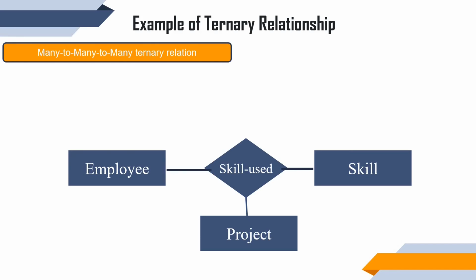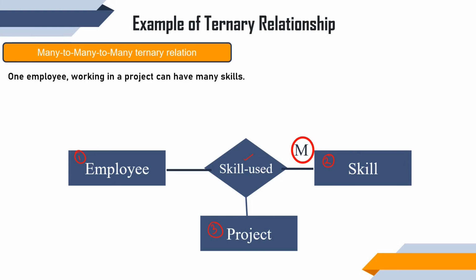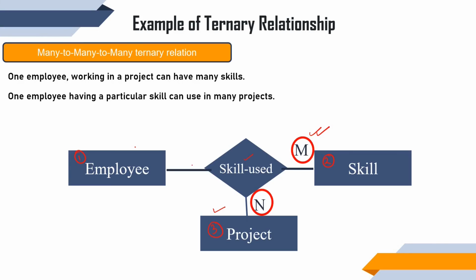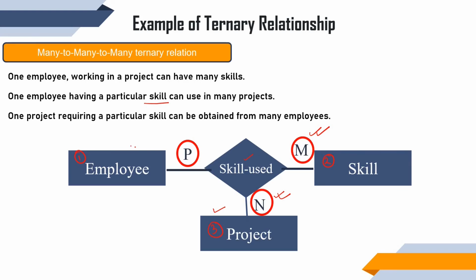Suppose we have three entities: employee, skill, and project. Okay. And the relationship is called skill used. One employee working on a single project can have many skills, obviously. So this M comes, right? One employee having a particular skill can use that skill in many projects. Understood? That means this N comes. Then lastly, one project requiring a particular skill can obtain it from many employees. So this P comes. So this type of ternary relationship will be called a many-to-many-to-many ternary